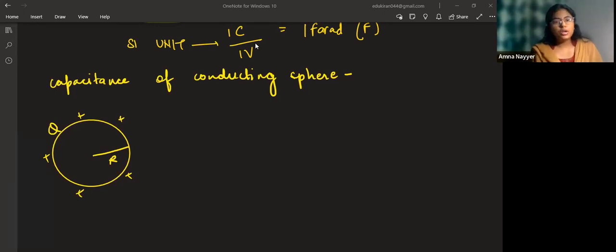All right. So if I have a sphere or a point charge, everything for point charge and sphere remains the same. You can use the same thing. So my question to you is, what will be the potential? If the charge on this sphere is Q given to you, radius is R, what will be the potential? Potential we have studied already. Charge is Q, radius of the sphere is R. So what should be the potential?